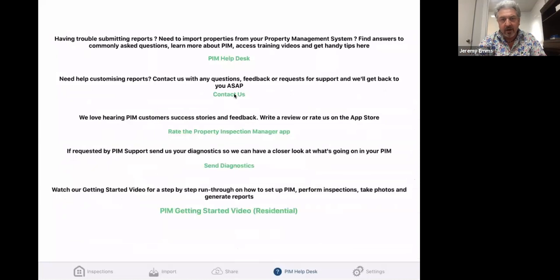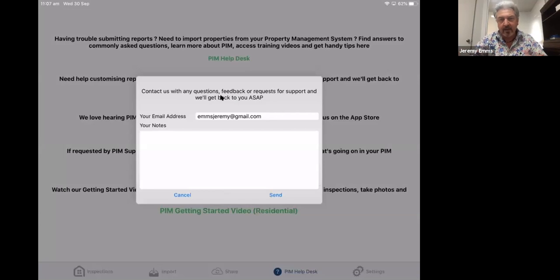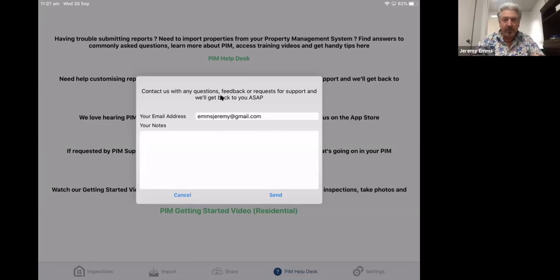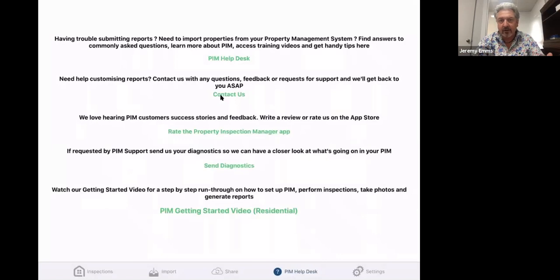We also have a contact us area within the help desk, which allows anybody in the team to answer really quickly any questions you might have regarding Pim. One of the things I always find when I'm catching up with people is that sometimes little things can fester. I had a session with somebody today and they said something's not coming up on the report. I asked, have you actually got in touch with us and let us know? So what I always say is, if something's not quite right or you've got an idea, don't keep it in, give us a ring. Use this contact form to put in any questions or suggestions, and anybody in the team can get back to you very, very quickly.